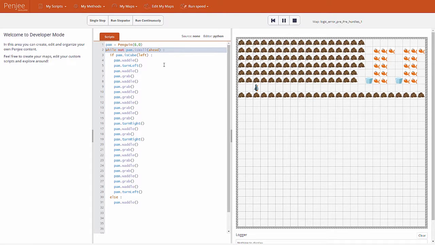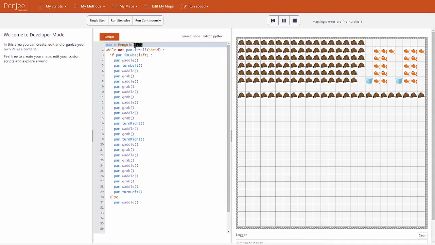The problem in this case, and it's a problem that you will have to deal with in future challenges, is that you would have to hit single step so many times just to get to the problem, right? You would have to keep on pressing single step, single step, single step to get Pam through this beginning part. So that's a big waste of time. And one of the things that we're trying to learn right now is ways to debug programs in a more timely way. So one thing that you can do is you can say, hey, I don't have to start Pam